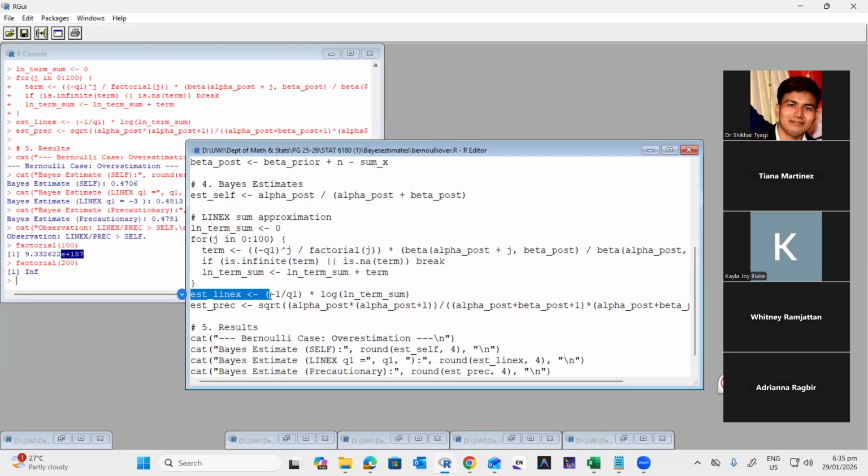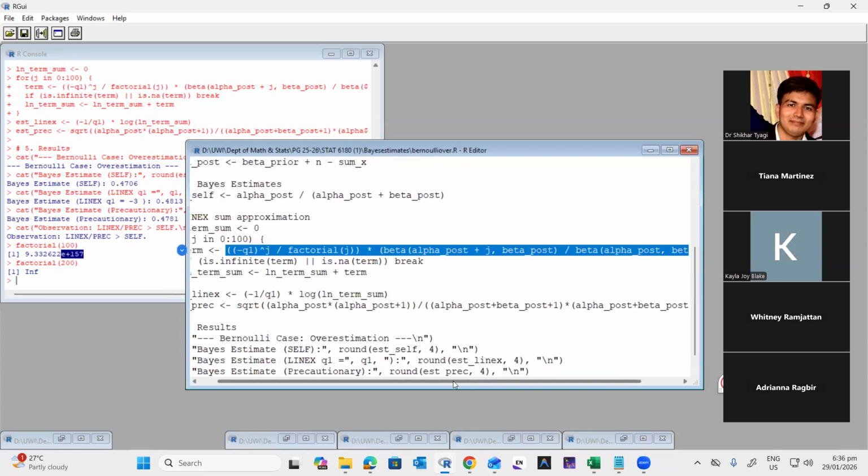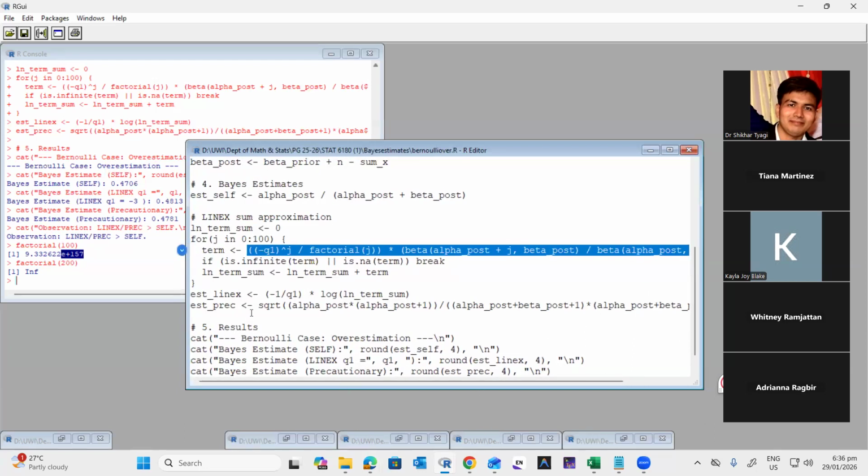The estimate under LINEX is minus 1 upon q1 into the log of this entire term that we wrote here. And similarly, for the precautionary loss function, we have the same one, that is